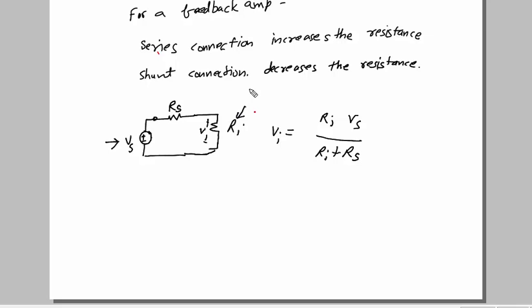You want that most of the voltage from Vs should transfer to the Ri. Now when I have the input connection or the feedback connection as series, we have seen that with this the input resistance, this RIF, will be increased. So when Ri increases, it means it will get more voltage from Vs. That's why, again, I'm repeating that it's a desirable result. So for the series connection, the resistance is increasing, we are seeing here.